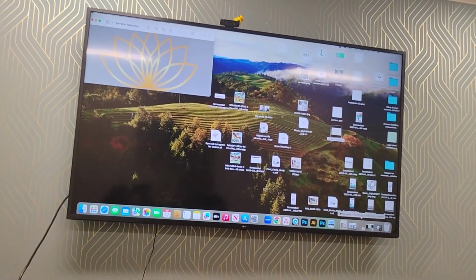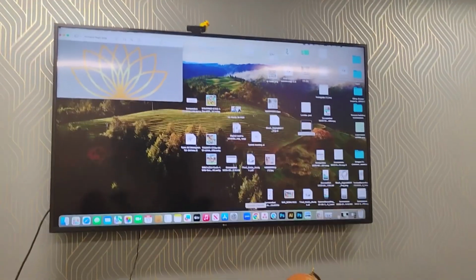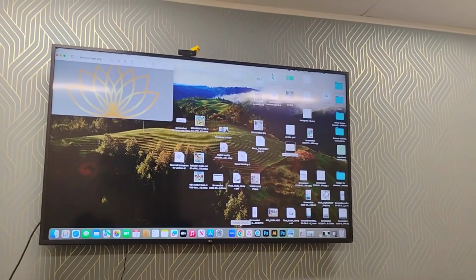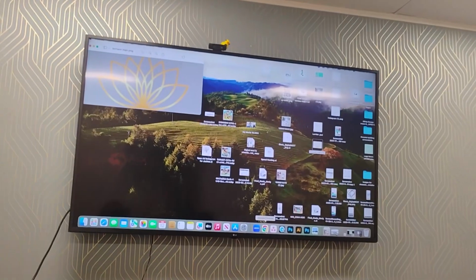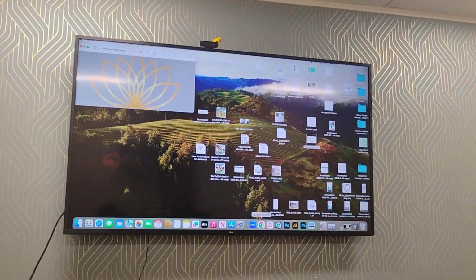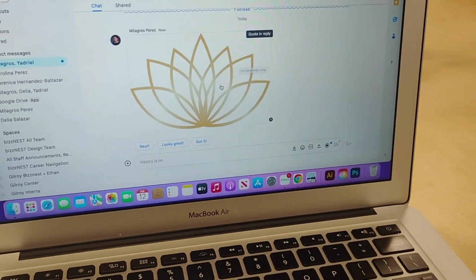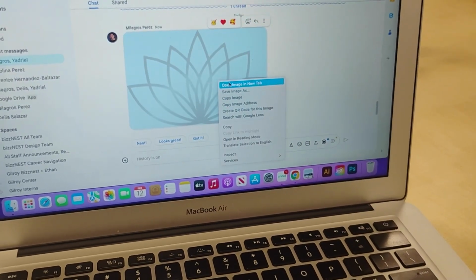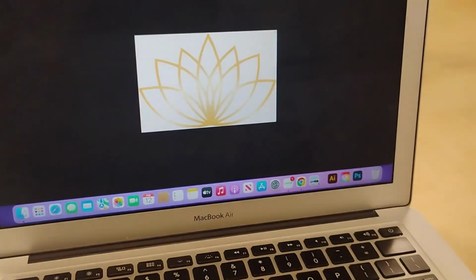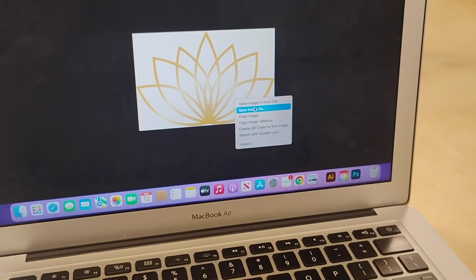So you can export it in Cricut. Yep, and then we'll get it printed and see what the final prototype looks like. With Milagros and Andrea, this is our chat space. I'm going to download this. Open image in a new tab, and we are going to